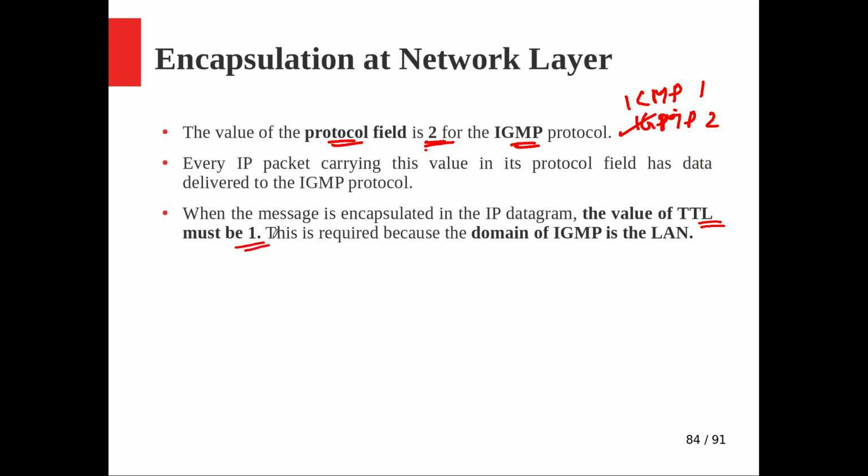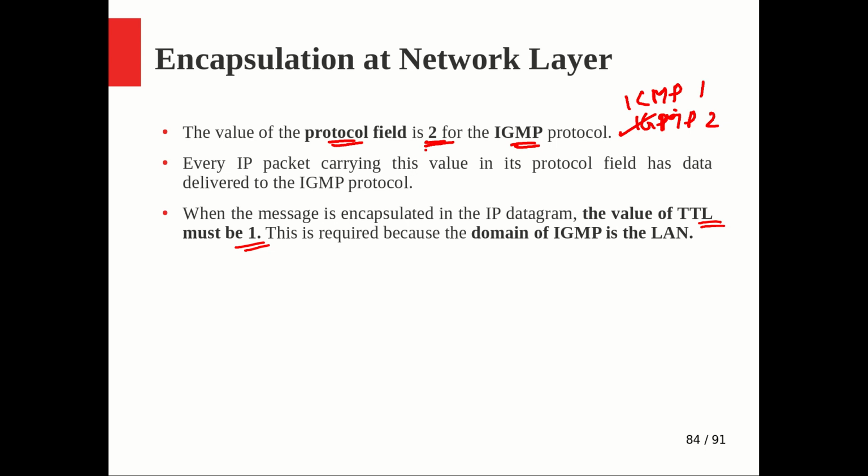Why is it 1? Because IGMP messages are generated inside a network, like the membership request, a leave report or the query message, and they are to be communicated inside a particular LAN only. Whenever a membership request comes, it is updated at the router on the boundary, and similarly the router sends monitoring messages inside the LAN only. There is no need for the protocol to cross the boundary at all. That is why we keep it as 1.